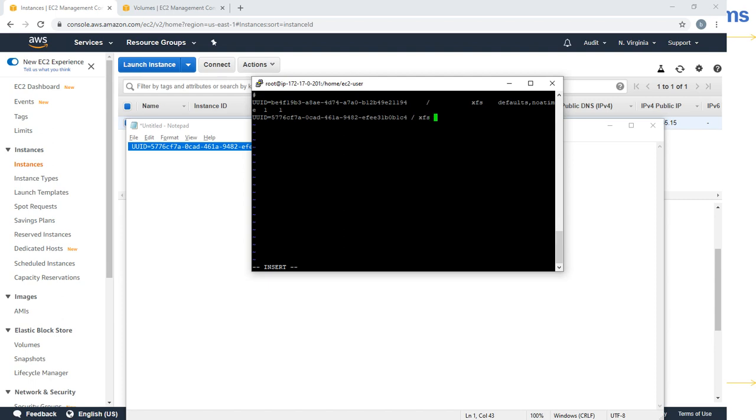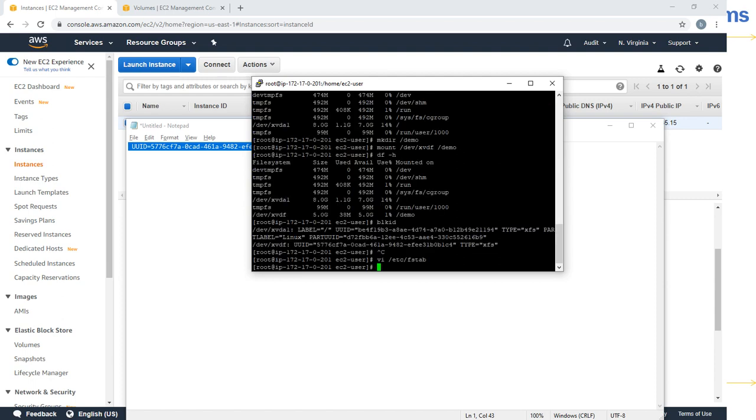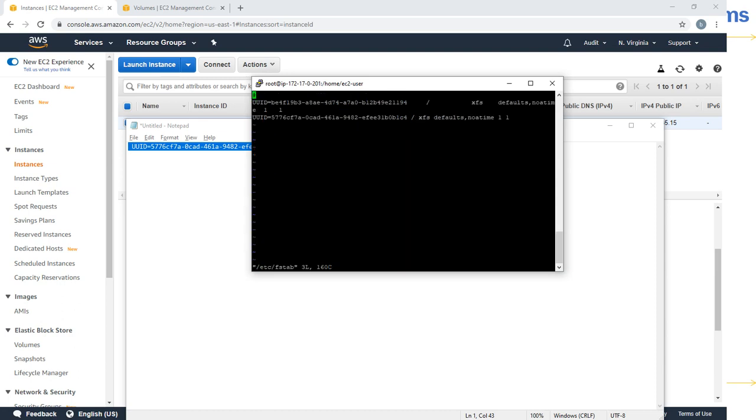You just use the properties you see over here. XFS is the file system, defaults, noatime, 1 1. Escape, save, and exit. To make sure the properties were saved properly, /etc/fstab is perfect.